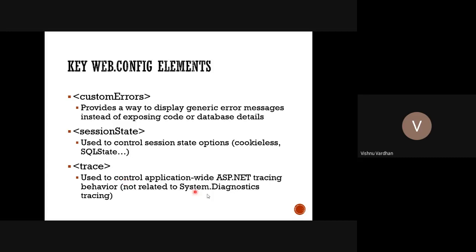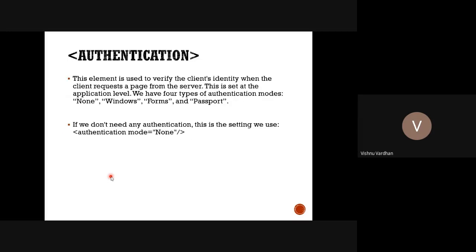Then trace, while you are debugging, while you are having the testing mode, you want to see so many things like the performance, the scalability, the behavior of the application, the lag, and the timeout, everything you want to see. And in those circumstances you can enable this trace. Okay, so the trace is used mostly for testing as well as for performance checking mechanism. So this is generally done from the system.diagnostics also. It is coming from that class, but it is optionally given in the web.config file also. Okay, so now we will see one by one.